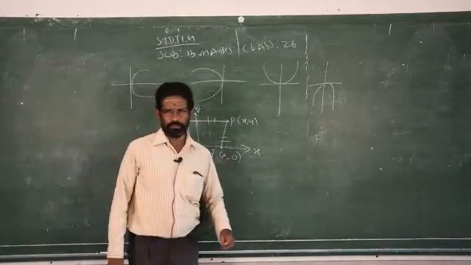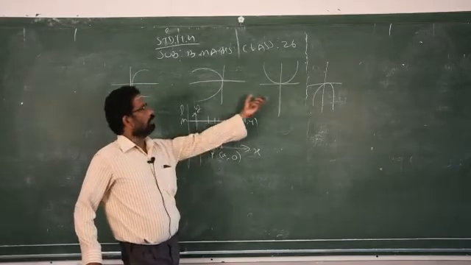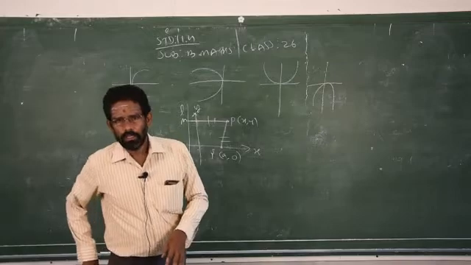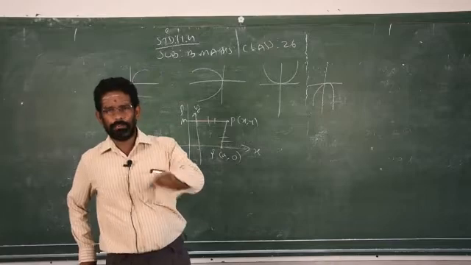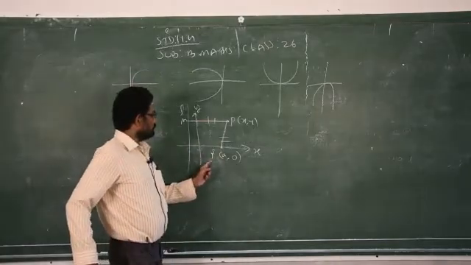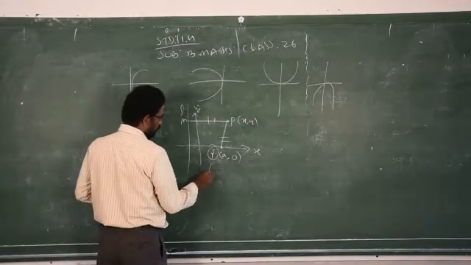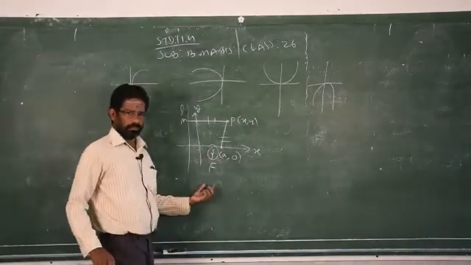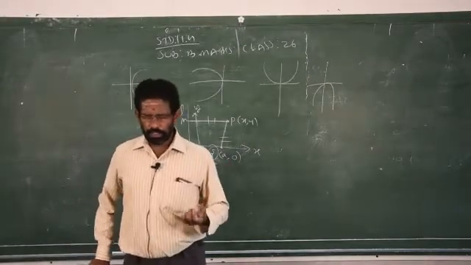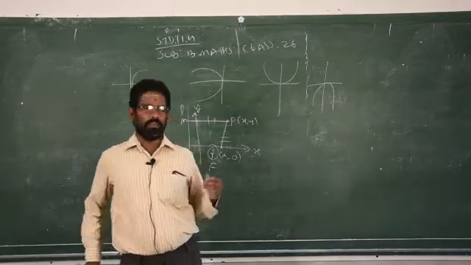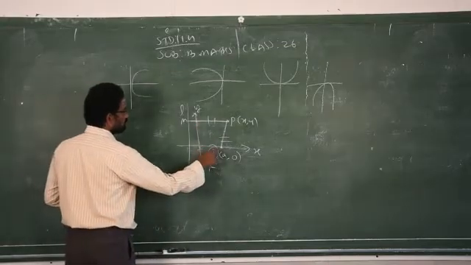S means focus. We have a special name for the fixed point in the case of the parabola: focus. We don't have an ellipse here, so we have only the parabola. This is always called the focus. Focus is sometimes denoted by S or F, since focus starts with the letter F. So this fixed point is denoted by either capital S or capital F, and is called the focus. When you measure these two distances, SP and PM,